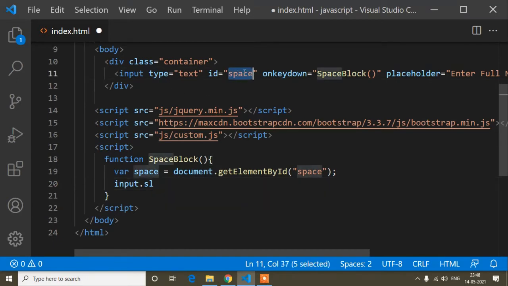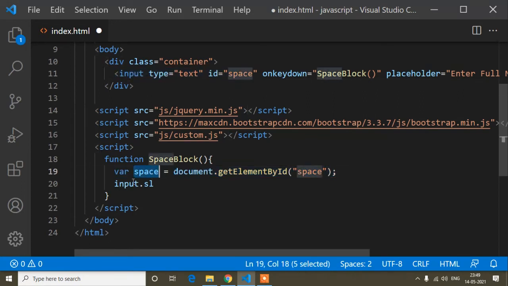I have written a separate ID, and by this ID I'm getting the input field. Inside this space variable I have stored this ID, so by this ID I'm getting the input field's DOM element in this space variable.